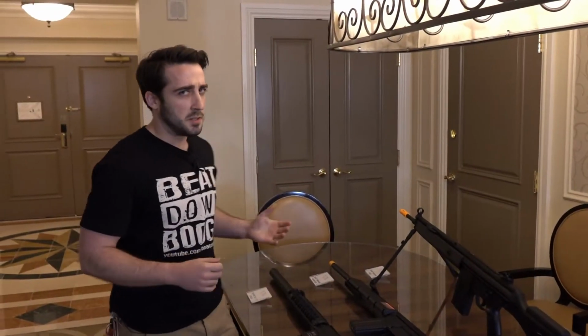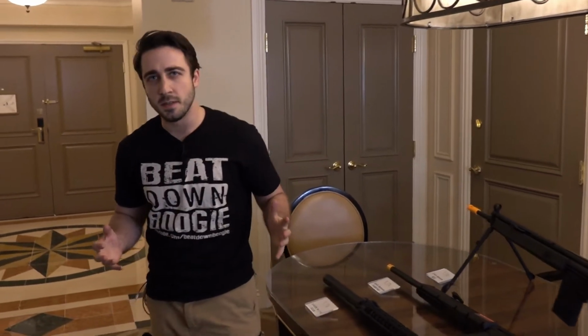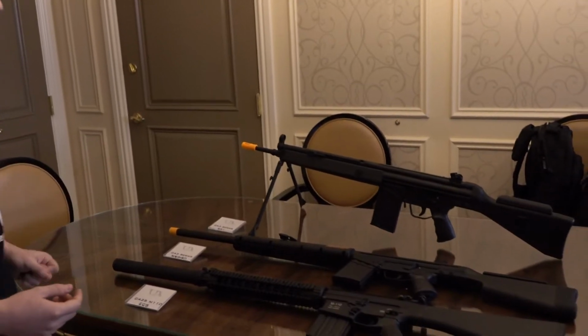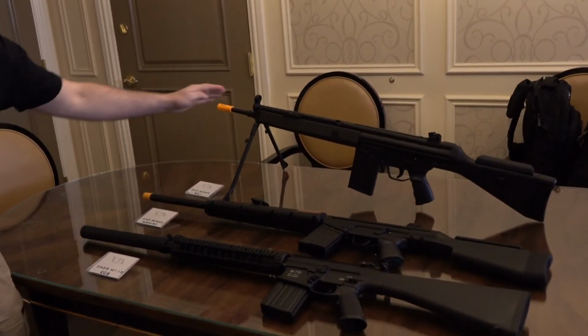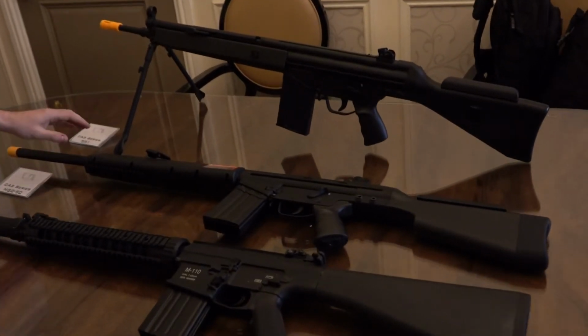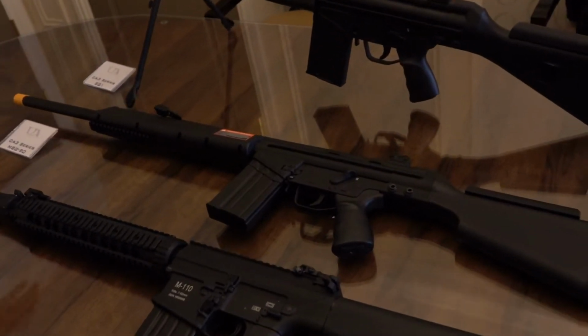The first thing when we walk into the suite, we notice that the market has been completely absent of a really good G3 series for a while, and that's because of some licensing disputes that everyone's pretty much aware of. Classic Army is bringing back another one of their classic rifles. We have the SG-1, and then we also have the MSG-90, which is going to be very reminiscent of the